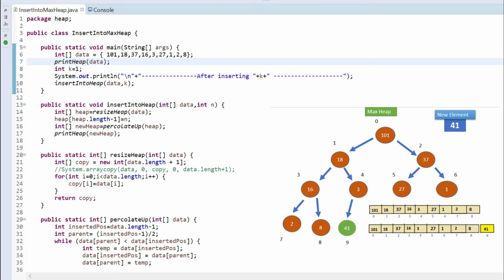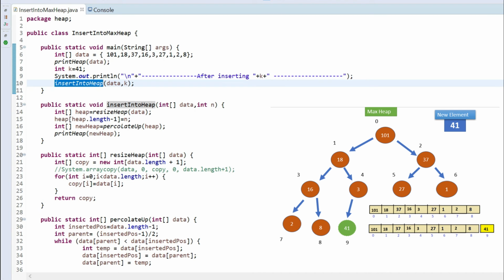Now I am printing it once just to show how it looks. Then I will insert a value k, and then I will check what is happening. In our example we took 41, so I will take k as 41, and then I will call the insert into heap method.